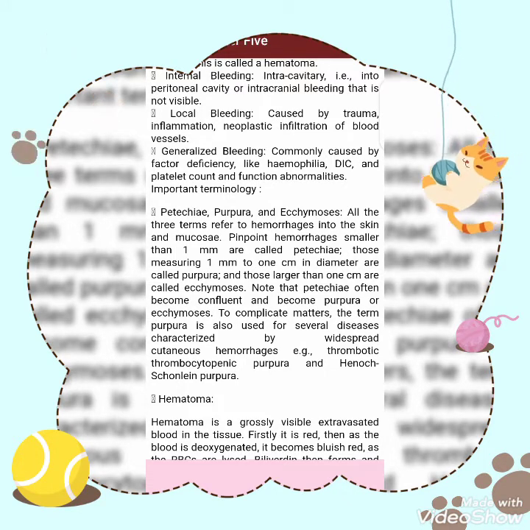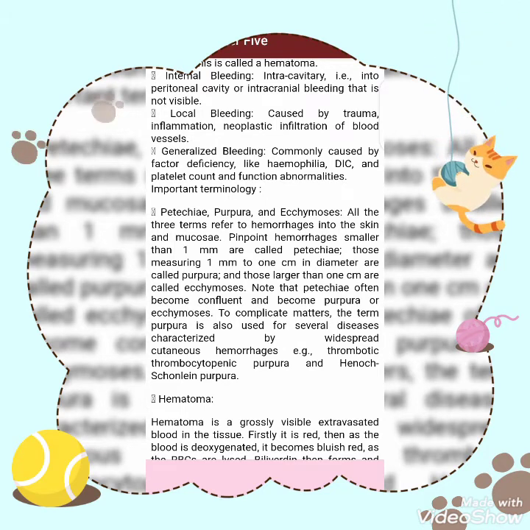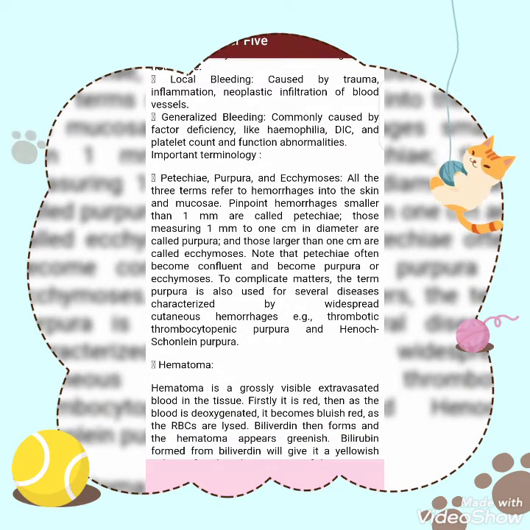Important terminology in bleeding are petechiae, purpura and ecchymosis. All three terms refer to hemorrhage into skin and mucosae. Pinpoint hemorrhages smaller than 1 millimeter are also called petechiae. Those measuring 1 mm to 1 cm in diameter are called purpura, and those larger than 1 cm are called ecchymosis. Note that petechiae can become confluent and become purpura or ecchymosis. To complicate matters, the term purpura is also used for several diseases characterized by widespread cutaneous hemorrhage, e.g. thrombotic thrombocytopenic purpura and